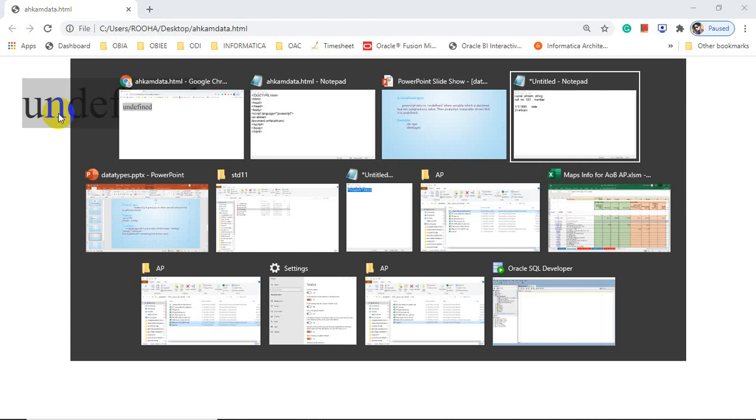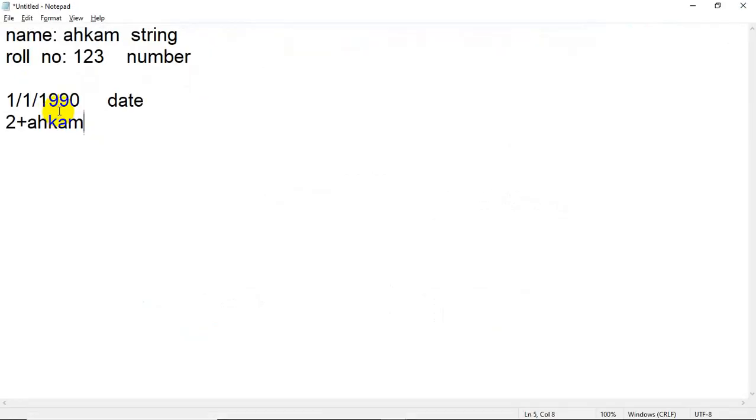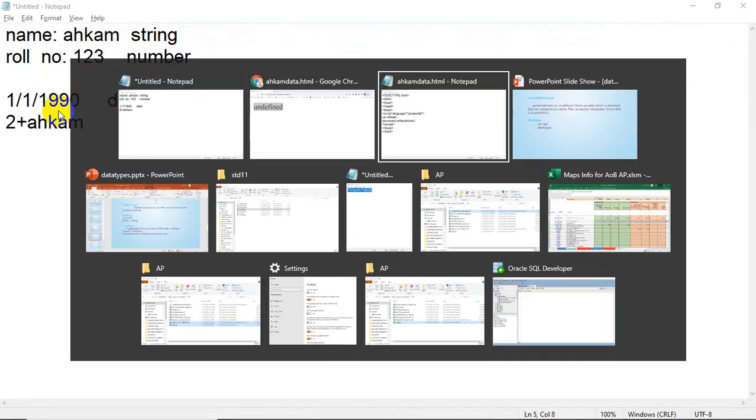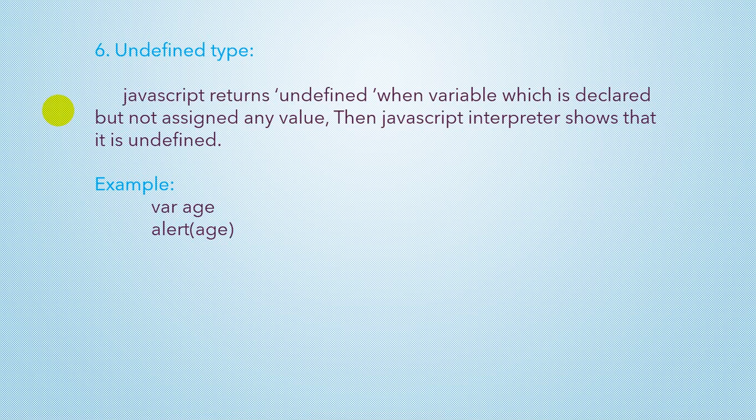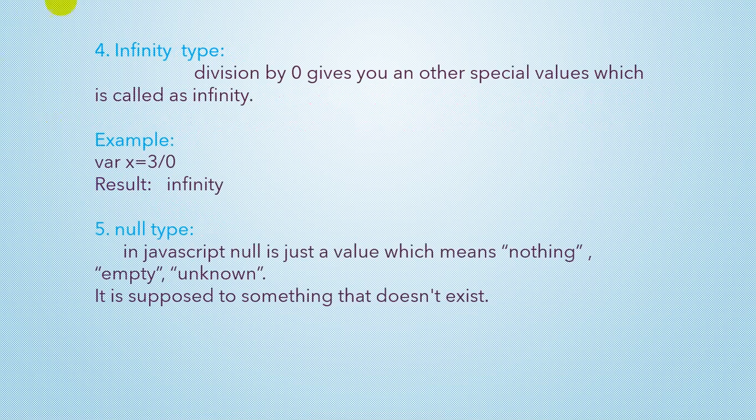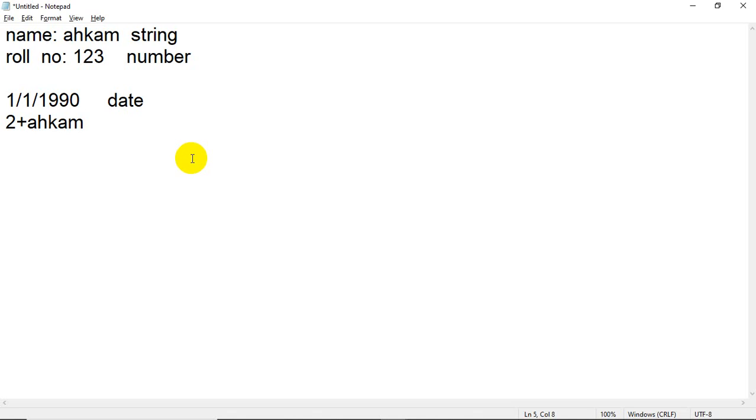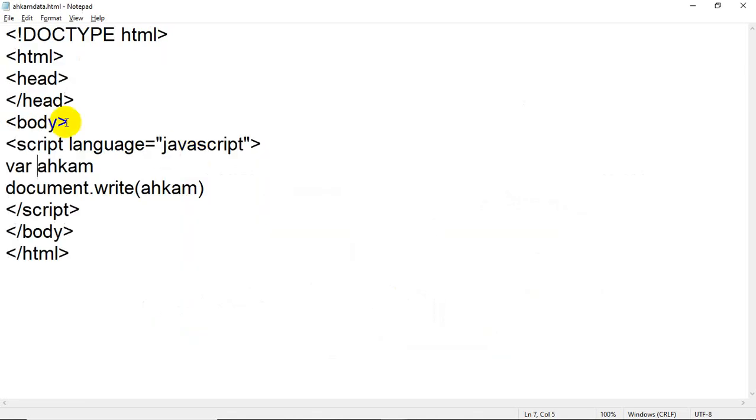In the same way, now that we have created our program, we can check some different data types. Like this one, we can check infinity. If you want to declare a variable and divide it by 0, check it. For example, I have declared a variable acom equal to 95.